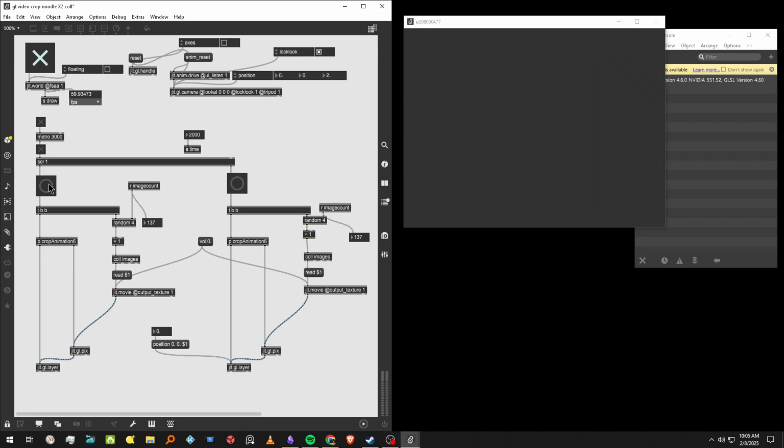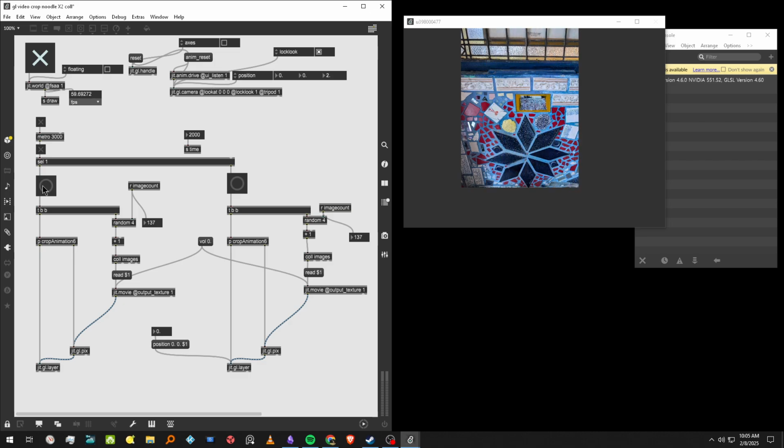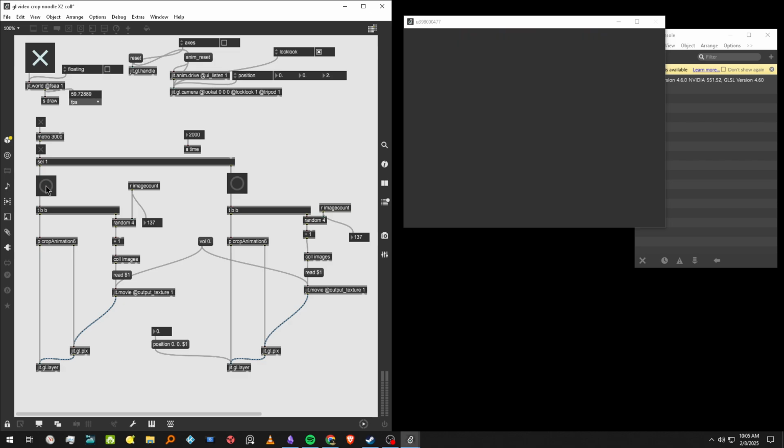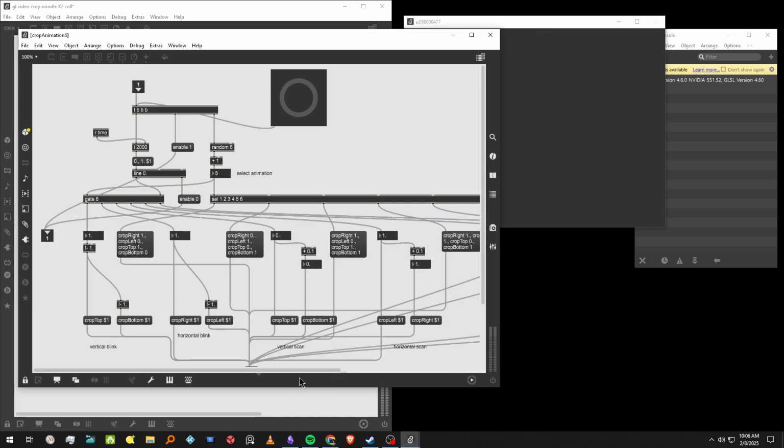Blink. Blink. A scan. So the folder I had just had a bunch of pictures I took from museums and random stuff off my phone. There's the lanternfly again. That's the Magic Gardens here in Philly. Museum. Okay. So sometimes you get just a little tiny vertical slice or horizontal slice. That was one of those